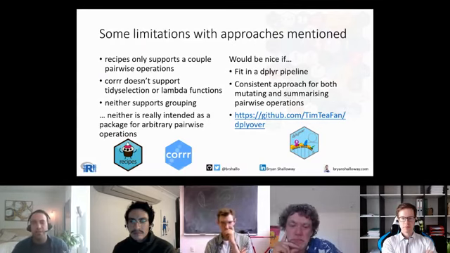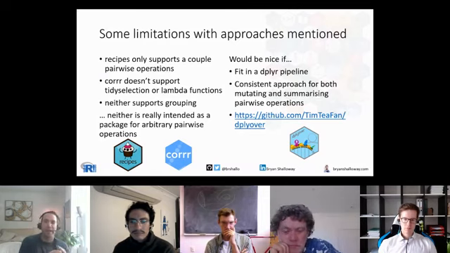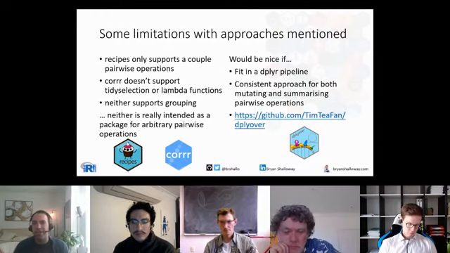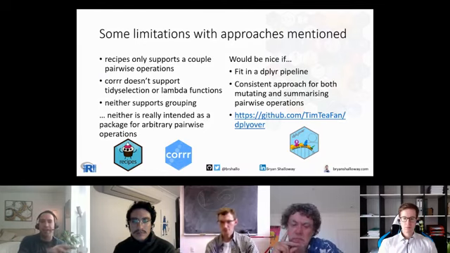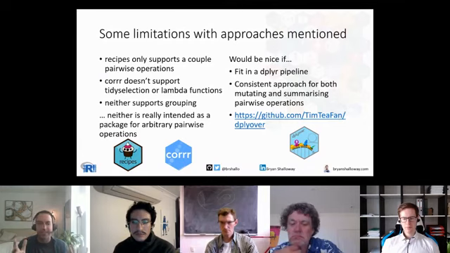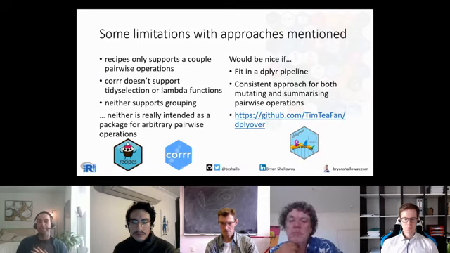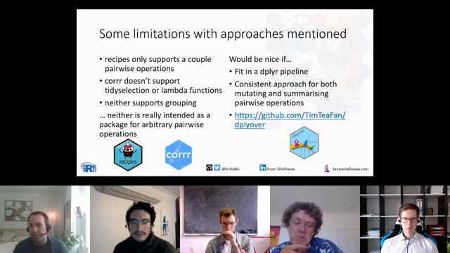I'll also pause to say that for pairwise operations, this package and the map approach I showed beforehand are going to be doing these operations iteratively. So you can speed them up some by parallelizing, but it's not going to be nearly as efficient as running the core function, or something in the background that's doing proper matrix algebra. So keep that in the back of your mind. If you're doing things that are relatively computationally intensive, this probably isn't going to be the way to go.